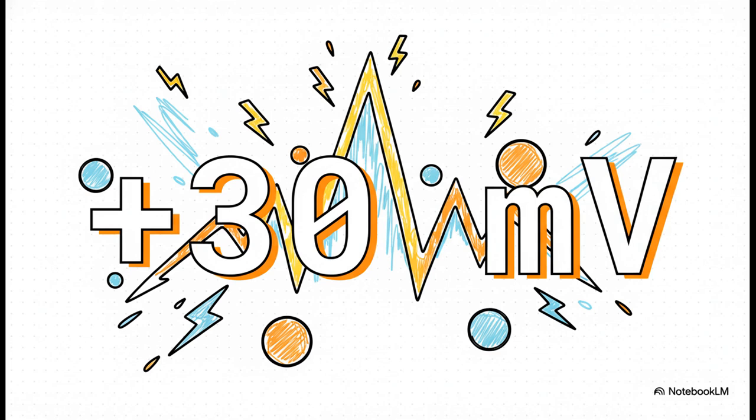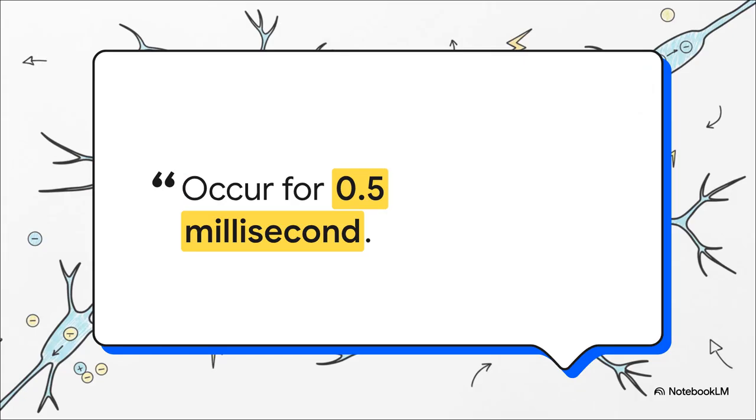This is the absolute peak of the action potential, the very height of this electrical spike. And here's the truly mind-blowing part. This whole thing, from resting at minus 70 all the way up to this peak of plus 30, it all happens in about half a millisecond. That is just an astonishing speed. It's the reason your reflexes feel instantaneous. It's why you can pull your hand away from a hot stove before your brain is even consciously registered to